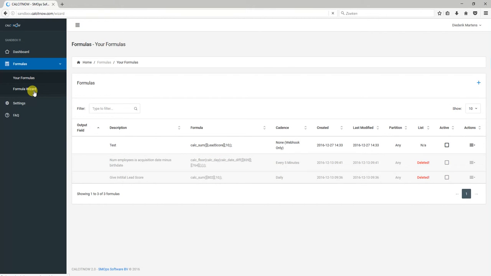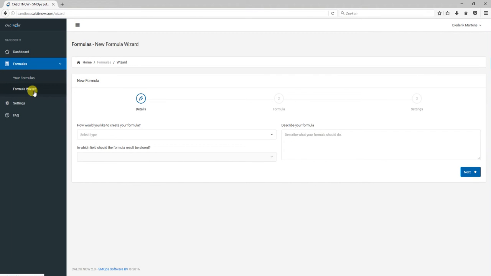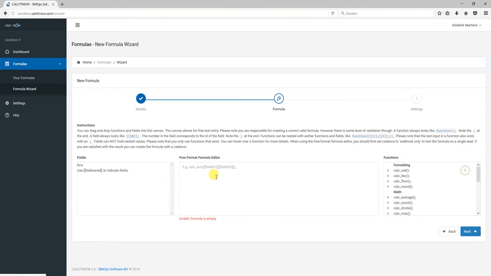Another thing to mention obviously is the compatibility of the formula wizard. As you can see, you cannot select an output field because obviously we don't know which fields you have, because you haven't integrated. You can only select the free format, add a description. Another thing you will see is you can still drag and drop all kinds of functions or type freely here, but you won't have a list of fields available. Instead, you use field name